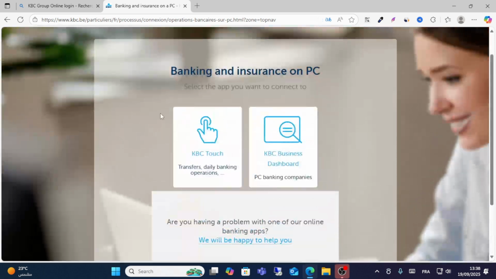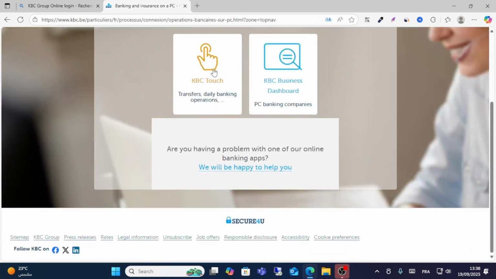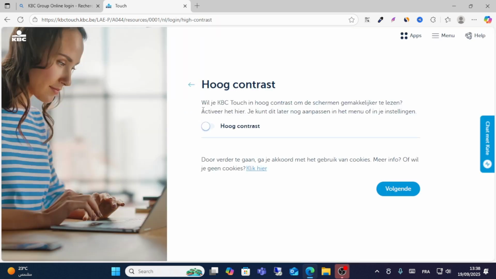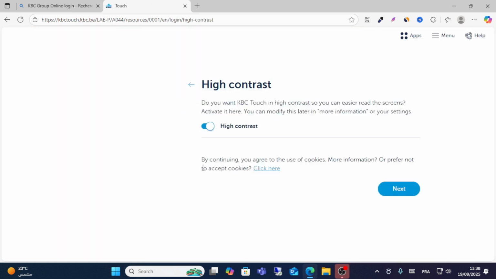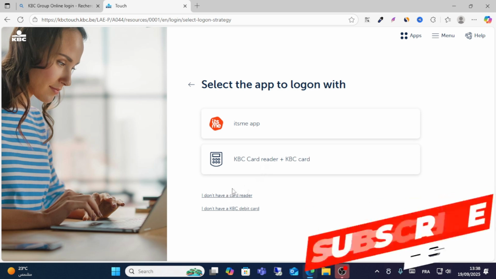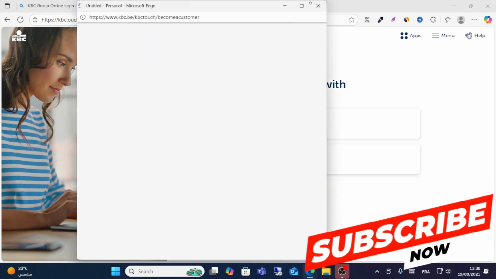So after clicking on sign in, just wait, then click on KBC, this option here. And then, guys, choose any country here, for example, Netherlands, and click this one. If I go back, choose English here. From English, click next, and then if you don't have a card, choose I don't have a card, and